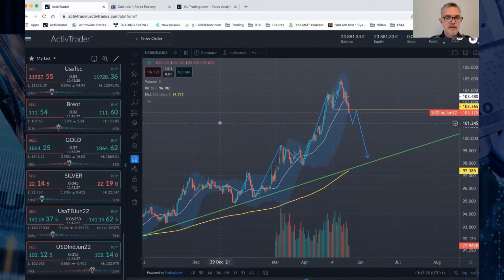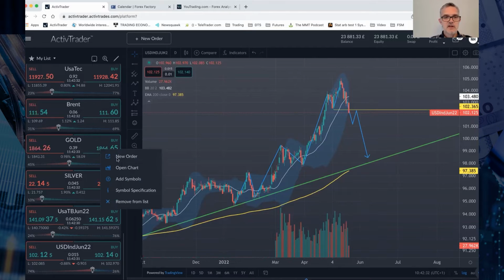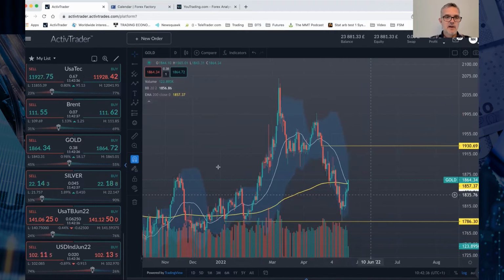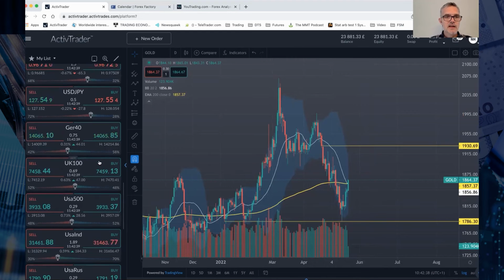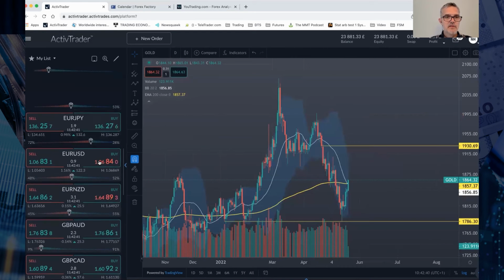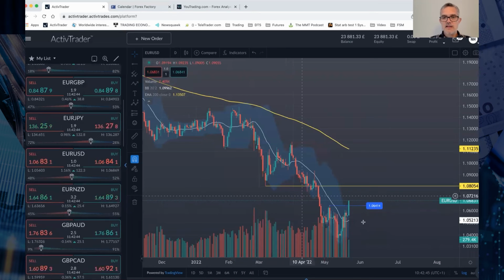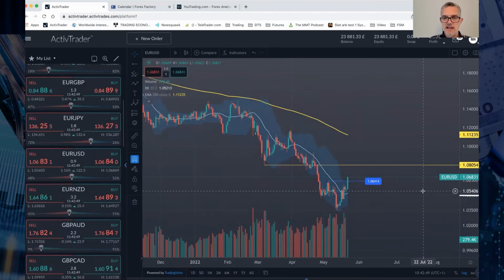This is helping obviously the other commodity pairs. So we've got things like gold also going higher today because we've got a weaker US dollar. And the US dollar is also being affected by the euro. So if we just look at the euro versus US dollar, you can see we've broken above that swing high from the FOMC Bank of England period around the 4th and 5th of May.